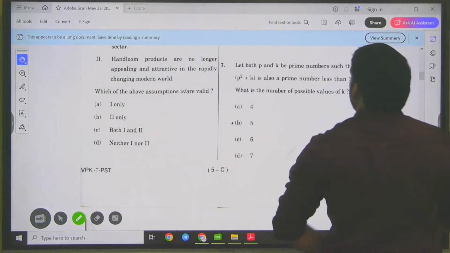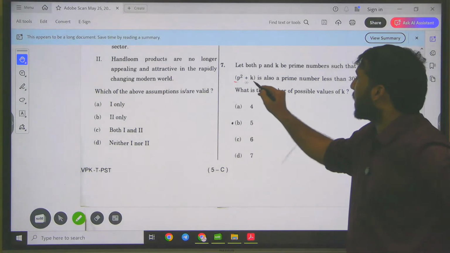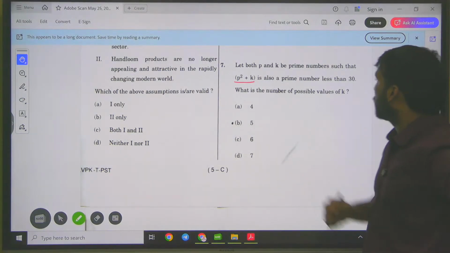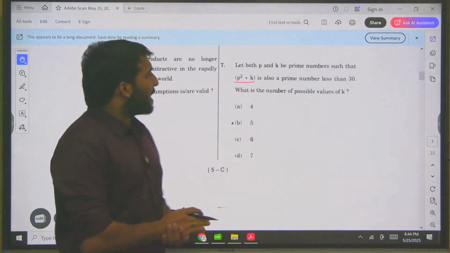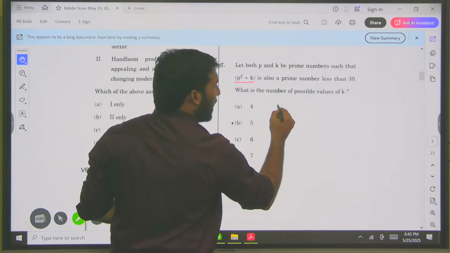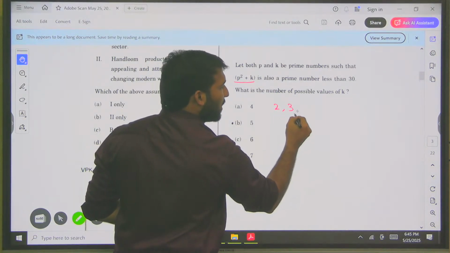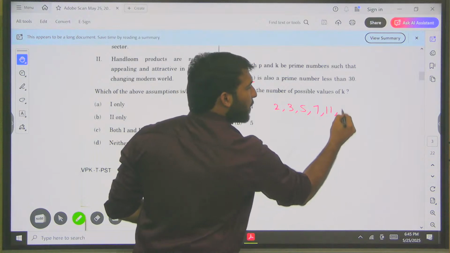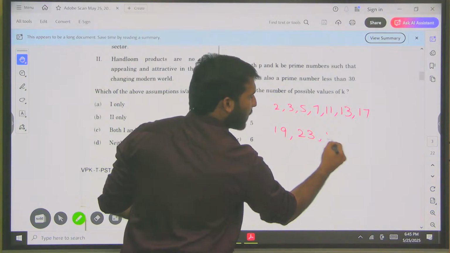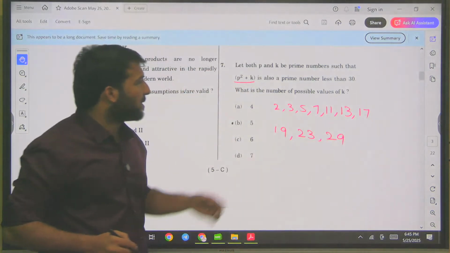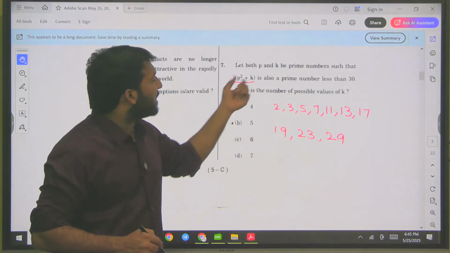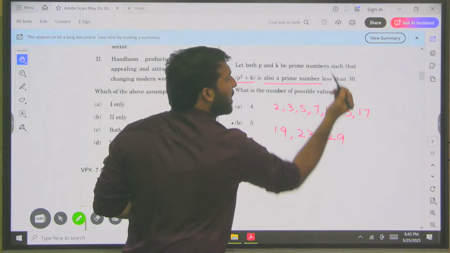Let P and K be prime numbers such that P square plus K is also a prime number less than 30. What is the number of possible values of K? He is asking that P and K are prime numbers such that P square plus K is less than 30. If you take the prime numbers less than 30: 2, 3, 5, 7, these are the prime numbers less than 30. 2, 3, 5, 7, 11, 13, 17, 19, 23 and 29. He is asking that P square plus K is also a prime number. So P